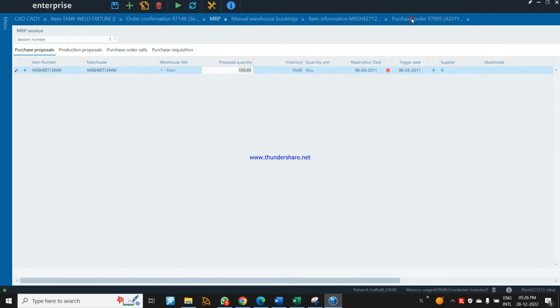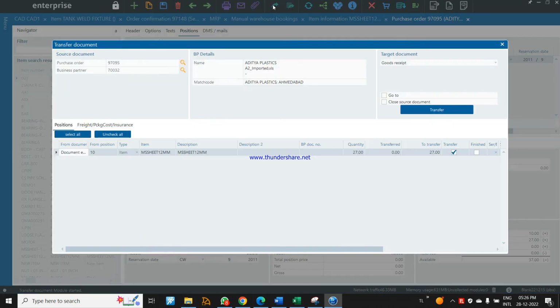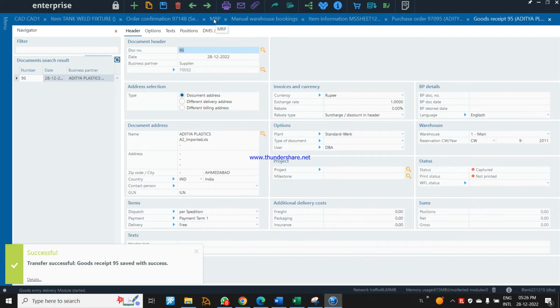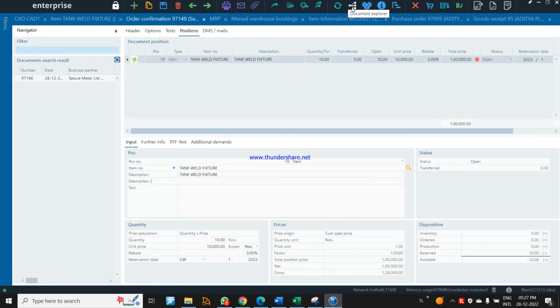So if I transfer this purchase order into production order, into good receipt note, the system will show me the 27 will be available in inventory if I process this once again. Let's not do that now, but as I'm in order confirmation, if I click this button,